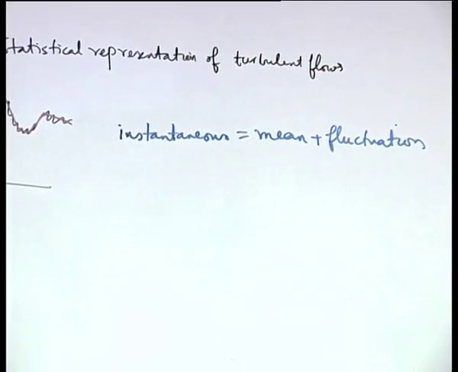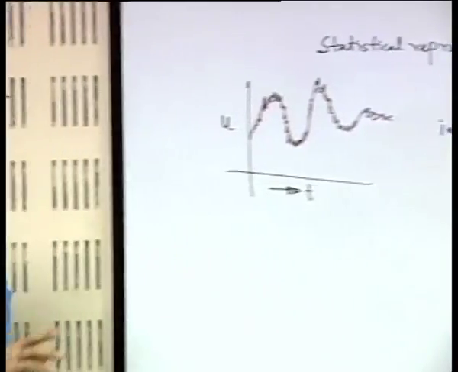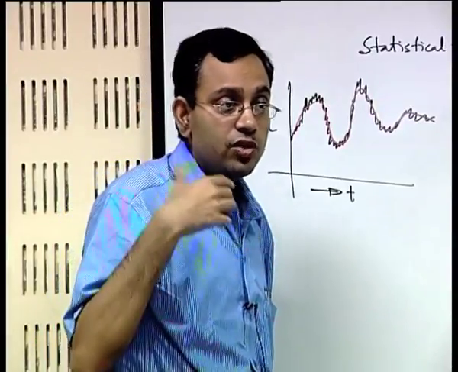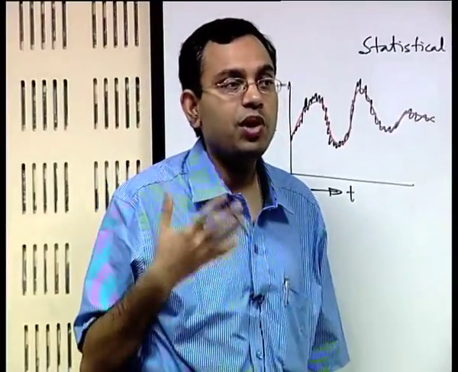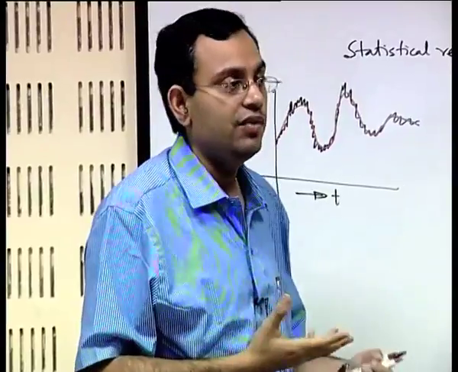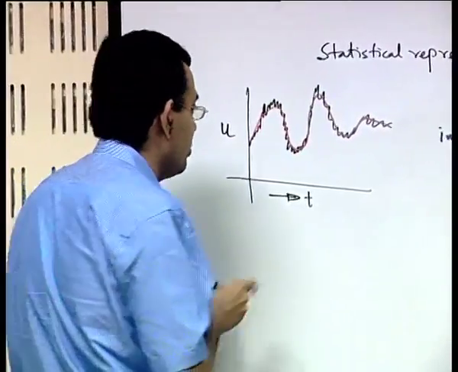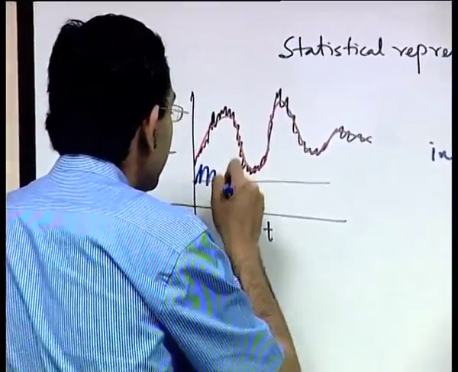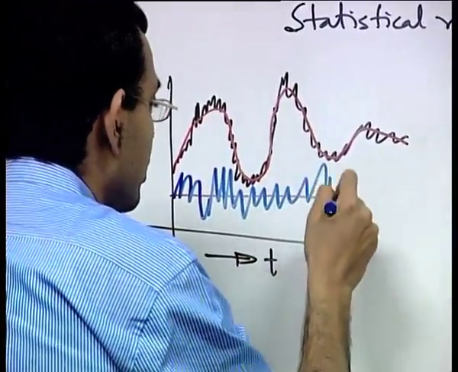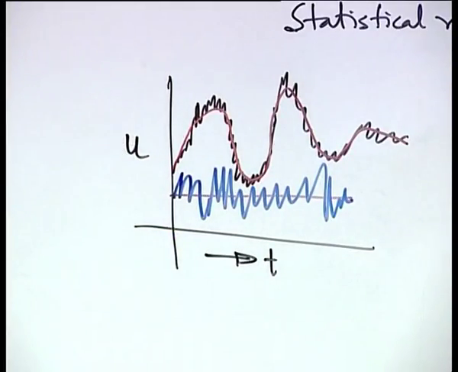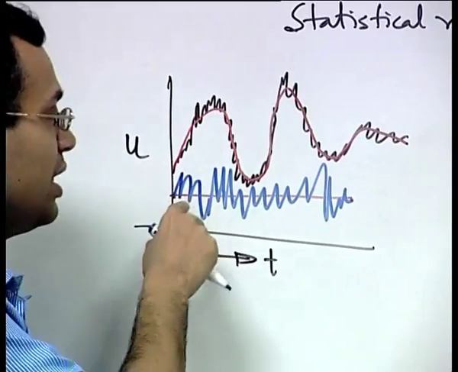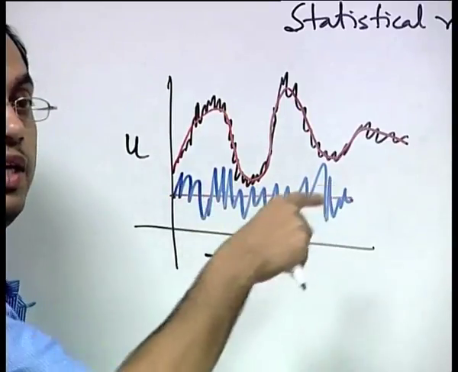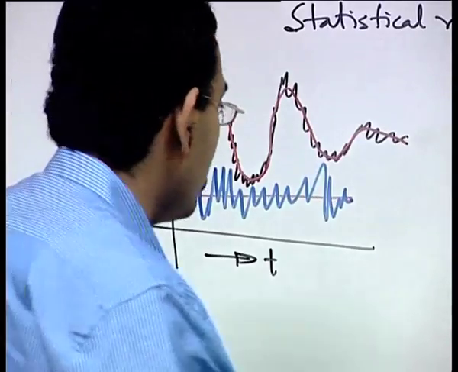Now, we have to remember one thing, the turbulent flow is by nature always 3 dimensional and unsteady, but when you statistically average it, it may be possible to have a statistically averaged steady behavior. How is it possible? Let us take another example. Let us say that this is the mean and maybe this is the variation of the instantaneous velocity at a given location. So, you can see that it is actually unsteady, but when you take the mean statistically, the mean is steady. Such a turbulence is called stationary turbulence.